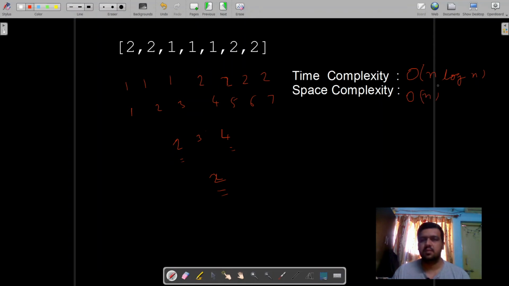But if I use some other sorting algorithm which can guarantee order n log n time, it will be order 1, because sorting algorithms which do in-place sorting have no need for extra space, only constant order. So this is the third approach, which is sorting based.